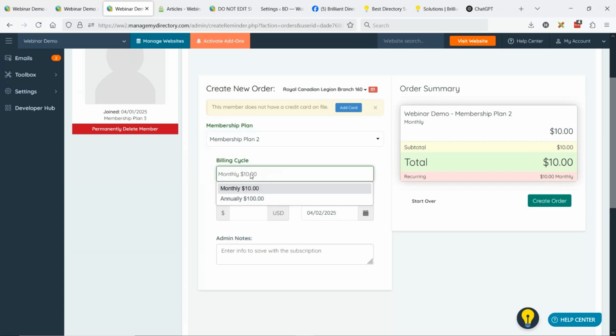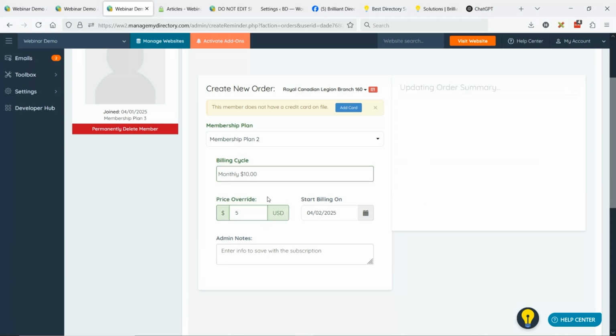This is generally $10 per month or $100 annually. So I can choose the billing cycle I want from the membership plan settings. But this is the cool thing. So let's say we told them that we would give them half price for this. So what we can do is a price override, and this will be $5 per month moving